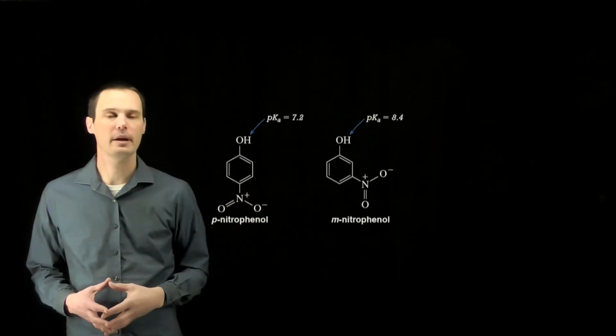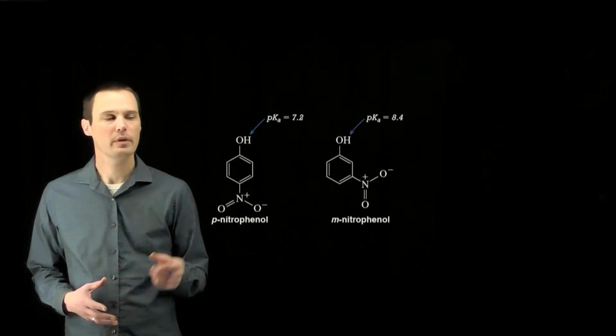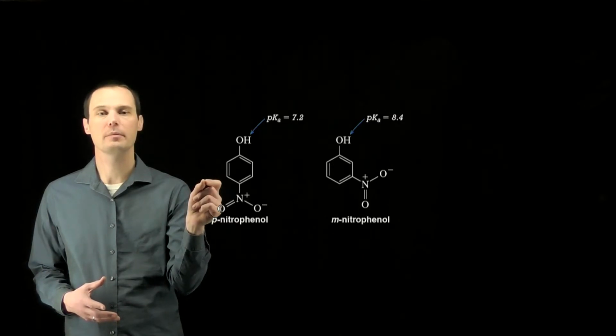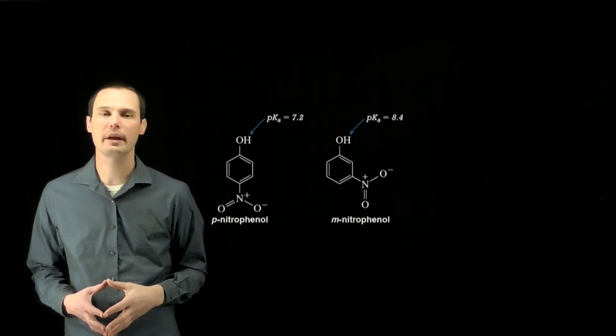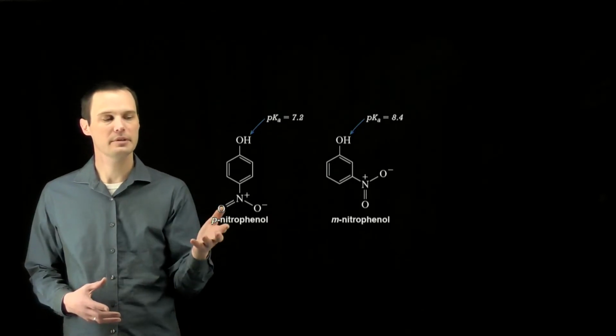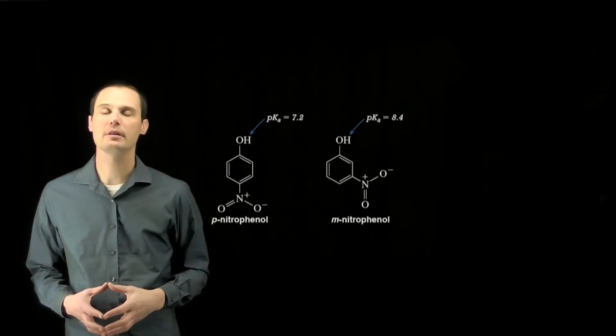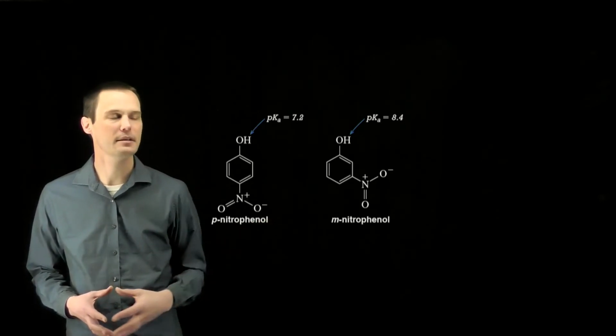That's true for both the para and the meta versions. When the negative charge is para to the oxygen in the para-nitrophenol version, we can take that negative charge and get an extra resonance contributor with the nitro group. Because a negative charge can be stabilized with more resonance contributors in the para-nitrophenol version and cannot in the meta-nitrophenol